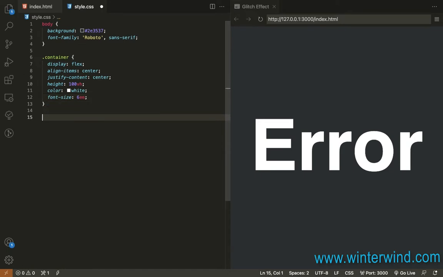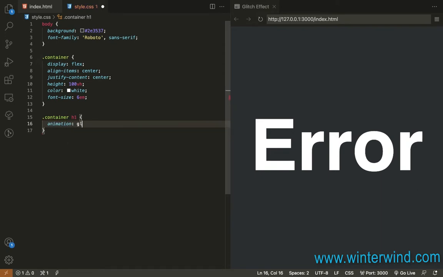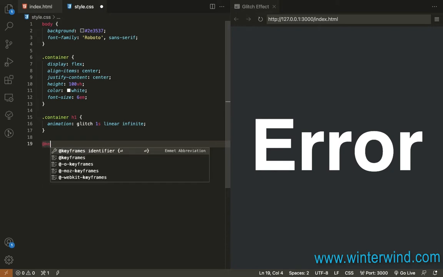So for that to be added, we will select the h1 using this one, and then animation. Let's name the animation glitch, and duration will be 1 second, then linear and infinite. Next, let's add action to the glitch animation. So keyframes,